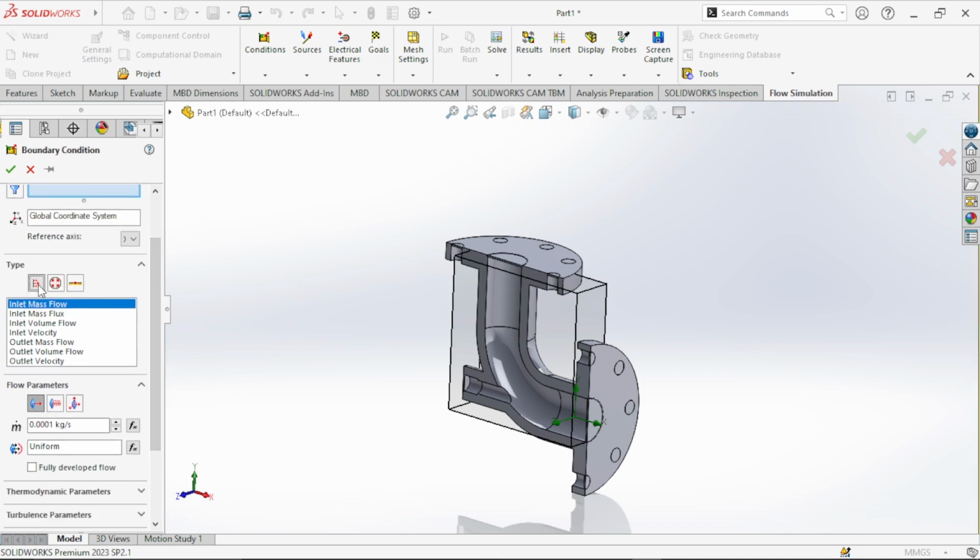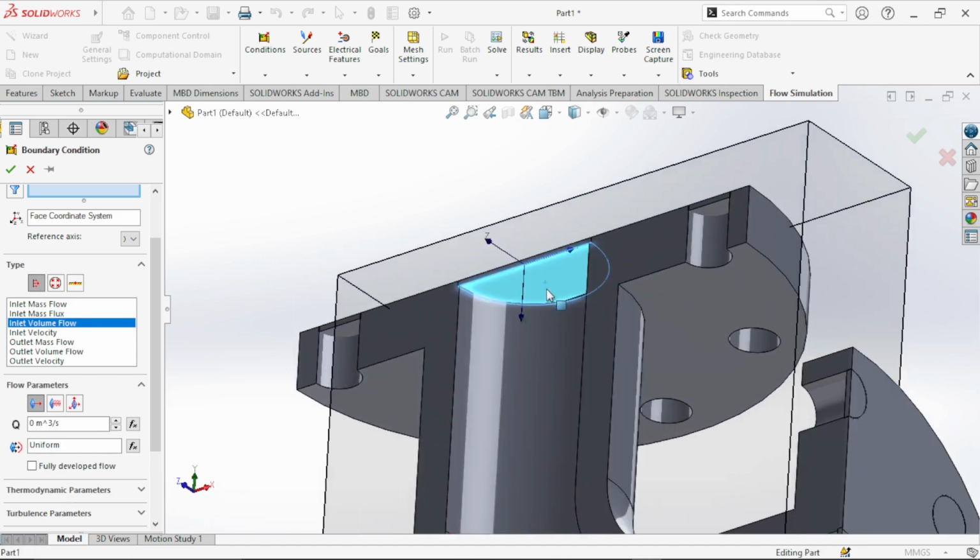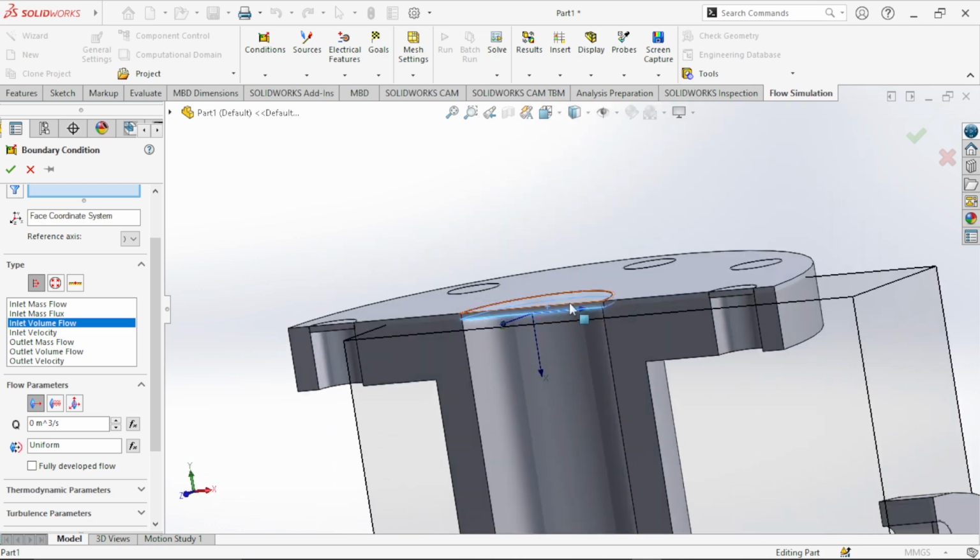So I'm gonna click on this button, which is flow openings. That means I'm gonna use some openings to set some boundary conditions. So I'm gonna go to inlet volume flow rate, flow, and click on it, and I'm gonna select this face, the inner face for this sled,